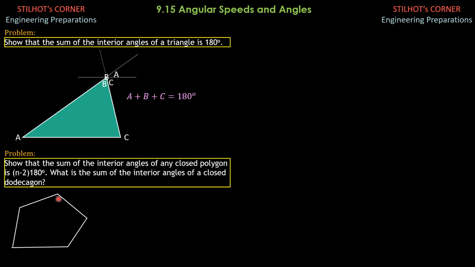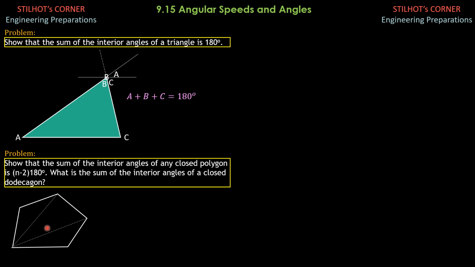If it is a quadrilateral, 4 sides, we can only draw one line, one diagonal, so that we can isolate 2 non-overlapping triangles. So again, if there are 4 sides, we can draw 4 minus 2, or 2 non-overlapping triangles. If there are 5 sides like this, then we can draw 3 non-overlapping triangles as shown, where 3 is 5 minus 2. Therefore, if there are n sides, then we can draw quantity n minus 2